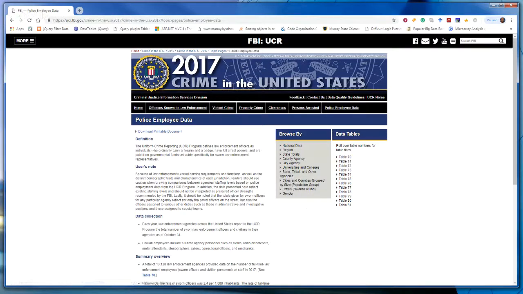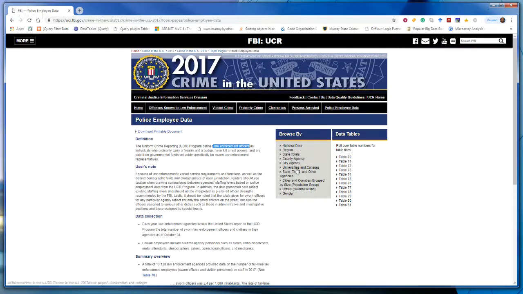Crime data is reported using the UCR system, and this system is used by law enforcement officers around the country to report on crime known to them.